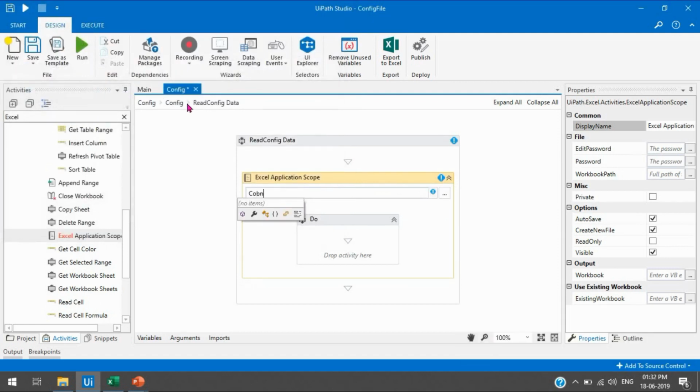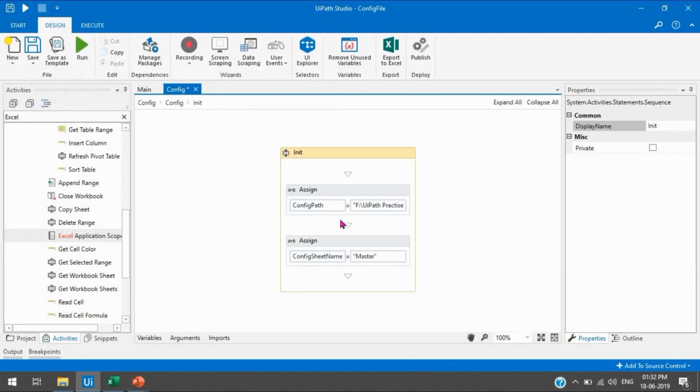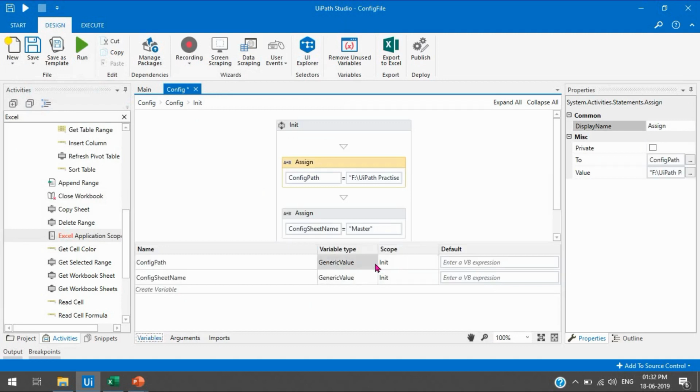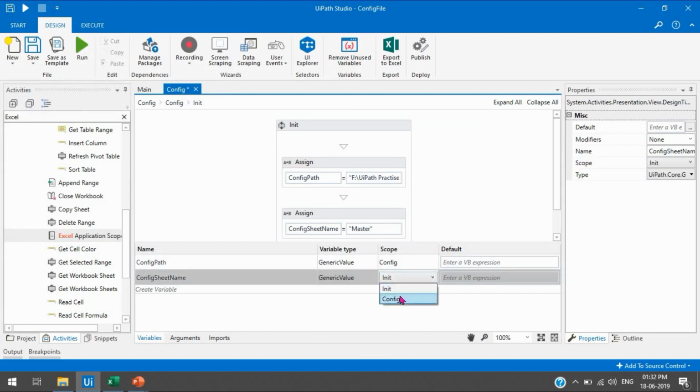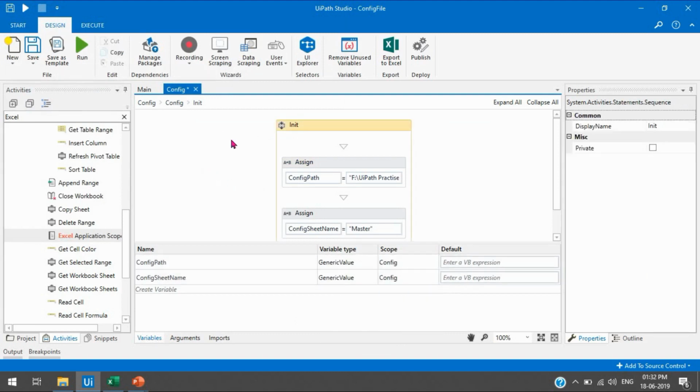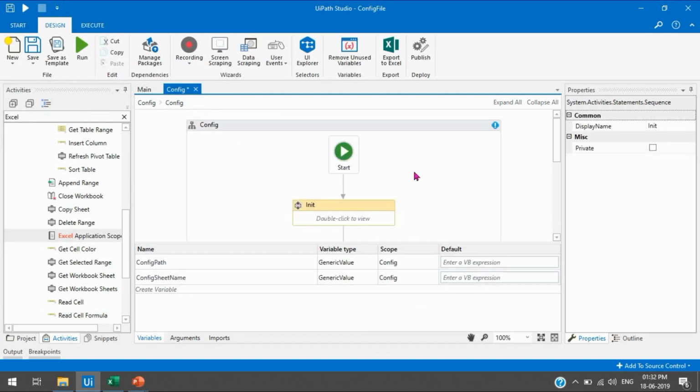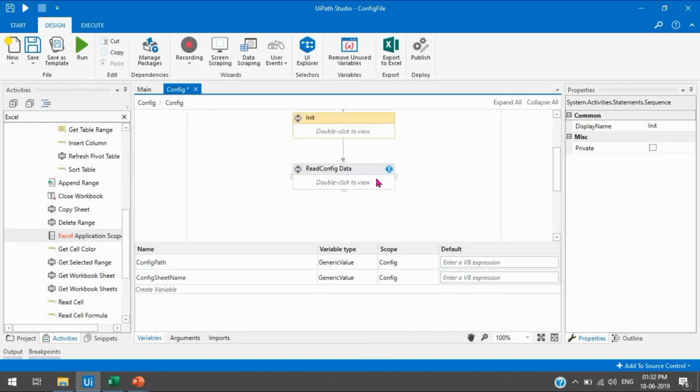Let me change the scope here, because we have taken the variable and stored this config file location into the config path. Now let me change the scope of init to config, meaning starting, and we are going to change this one also to config. So this will be accessible in the whole activities.